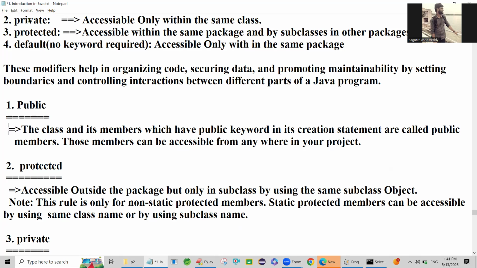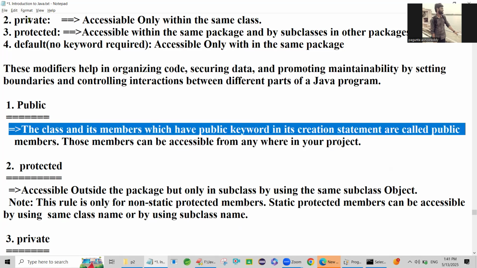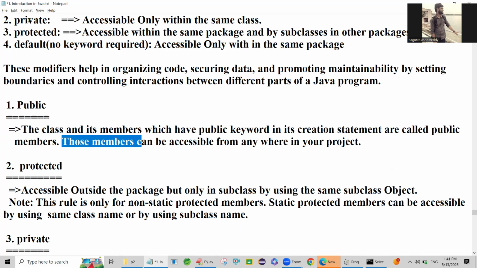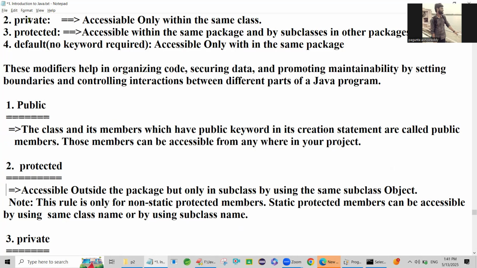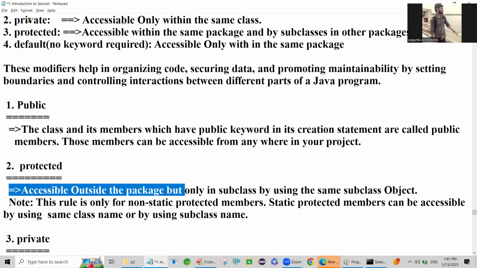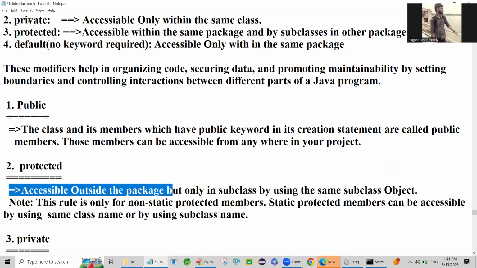Public. Public is the class, its member which have public keyword in creation statements are called public member. Those members can be accessible from anywhere in your project. To declare public keyword can access anywhere in your project. Then protected, accessible outside the package, but only in subclass by using